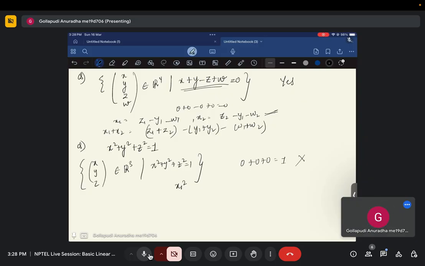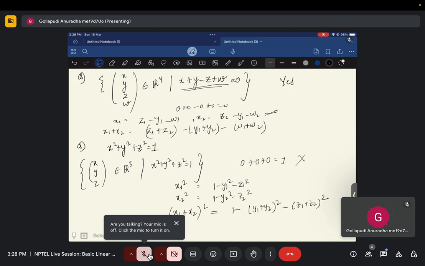x1 square you'll be getting as 1 minus y1 square minus z1 square, and x2 square should be 1 minus y2 square minus z2 square. Here you must have (x1 plus x2) the whole square equal to 1 minus (y1 plus y2) the whole square minus (z1 plus z2) the whole square, and clearly you will be getting (x1 plus x2) the whole square, which is x1 square plus x2 square plus 2x1x2, equal to 1 minus the whole thing, and clearly you can see that